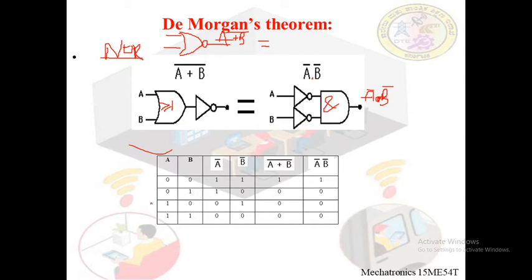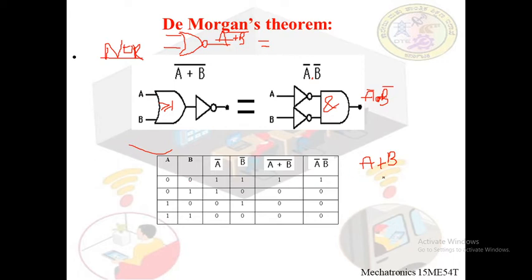We have A and B, these are the possible inputs, and we will generate, or we will try to find out, A bar. A changes to A bar here, that is all zeros turn to 1 and 1 turns to zeros. Similarly B, from B we will get B bar, 0 turns to 1 and 1 turns to 0 here. A plus B whole bar, add A and B, then complement it. Let us have this A plus B separately here outside. A plus B, I have it here.